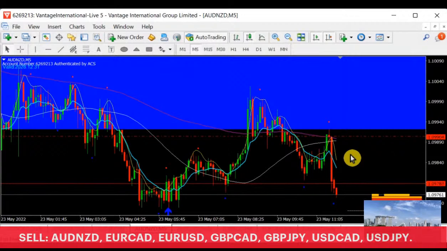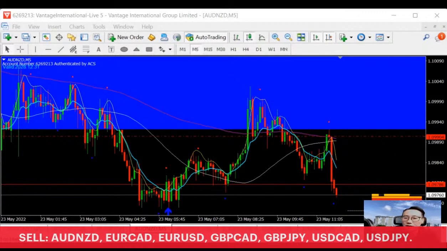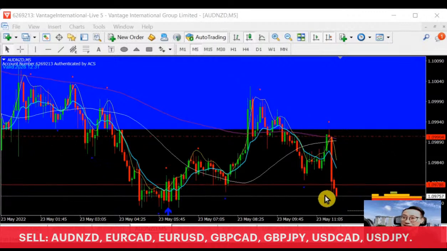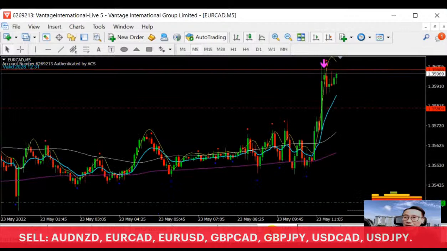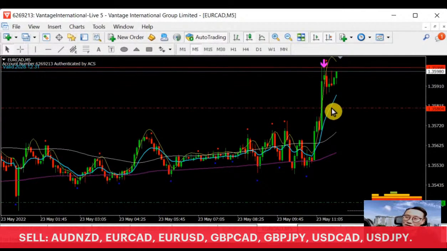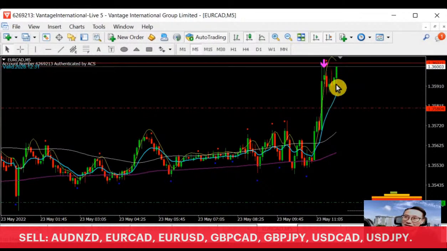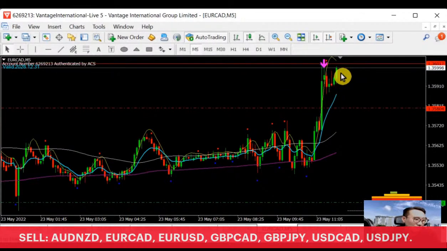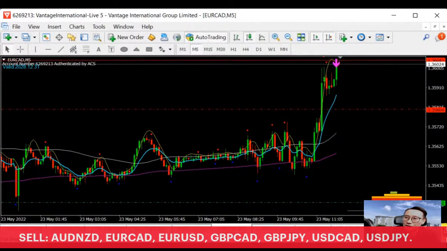In a situation like this, we are looking at things like that so that we are able to trade, and able to see where the point to enter and the point to exit are. EuroCAD, before it even hits the support, the previous resistance as a support, formed a buying signal. Correct. So yes, definitely.